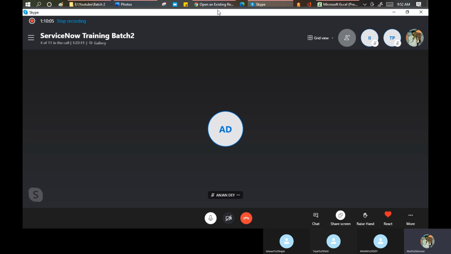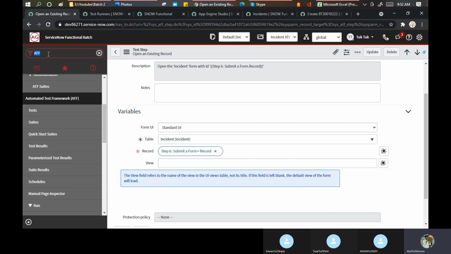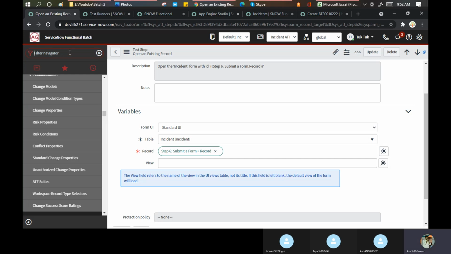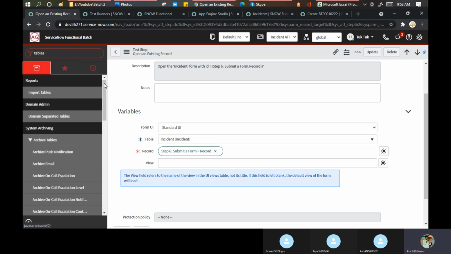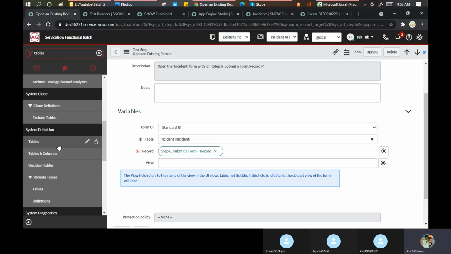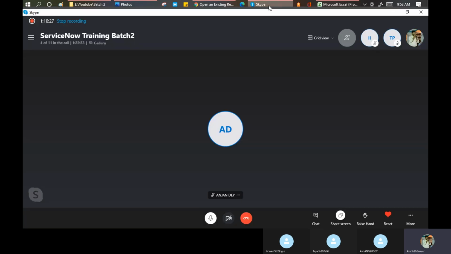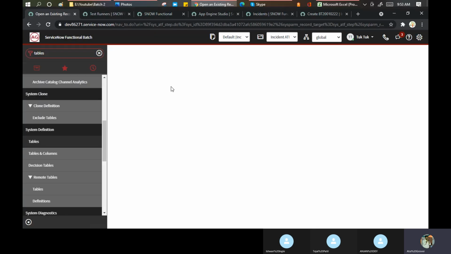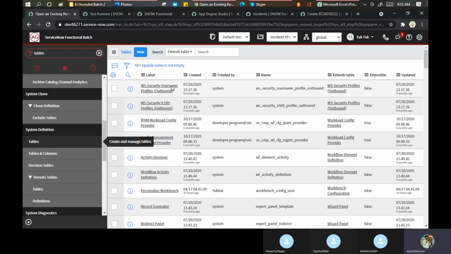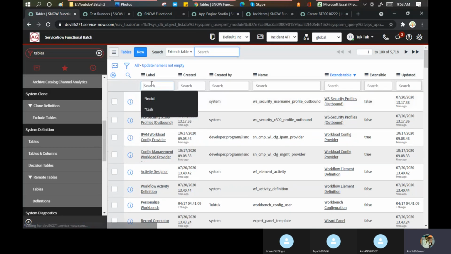Okay. What we did yesterday is basically on the task table, right? Let me go to my tables. Yesterday, we did the dictionary override. Let me remove the dictionary override. Maybe then we are able to save our test case. In the meantime, Tejal, could you please call Shilpi if she can join? Let me check yesterday. Yes, sir. Right. We did some dictionary override. I'm sure that is creating the problem for us.